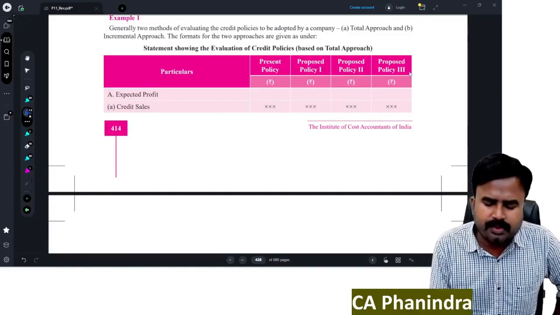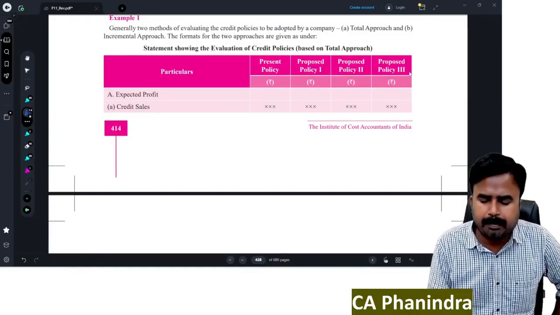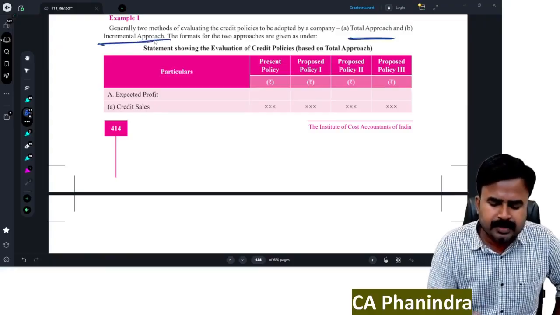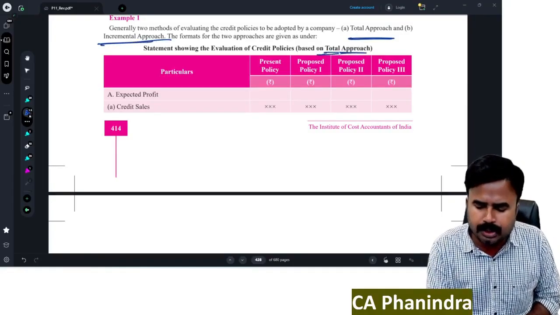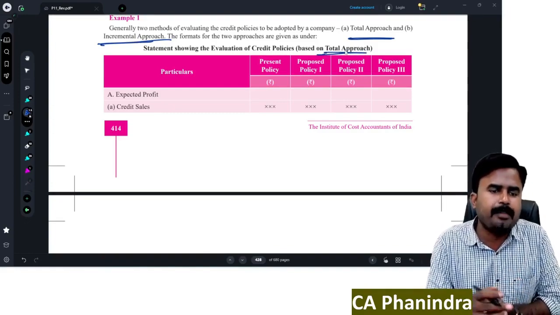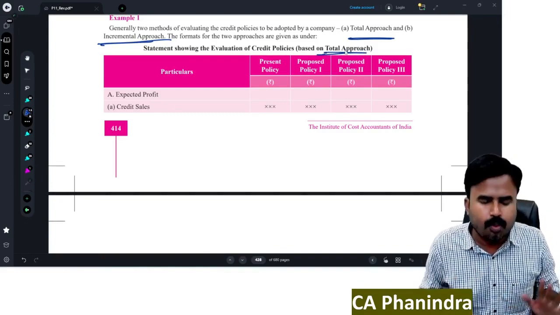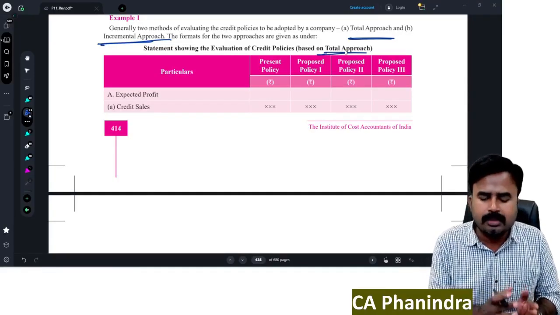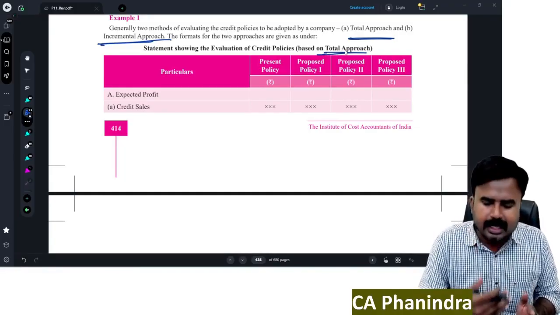We have two methods for evaluation of alternative credit policies. One is total approach. Another one is incremental approach. So let us start with the total approach. That means under total approach, for every policy independently, I'm going to calculate net benefit. So what are the standard columns under this approach? Under total approach, take the columns particulars, existing credit policy,